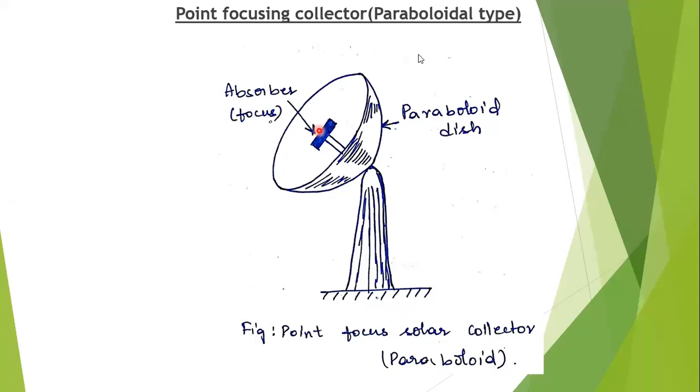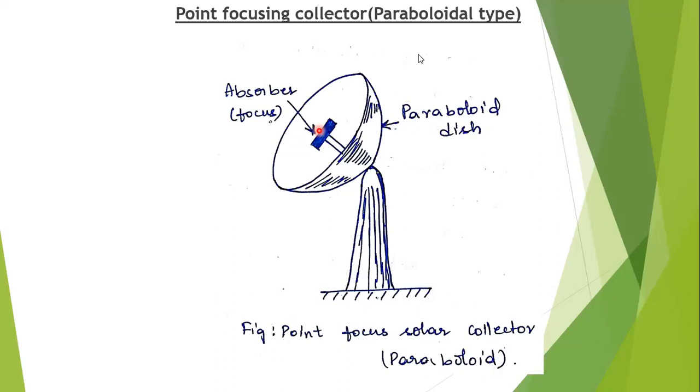The physical upper limit to the concentration ratios achievable with parabolas and paraboloids is determined by their F by D ratios. F by D ratio means focal length by diameter ratio, and these limits are about 10,000 and 100 respectively. For paraboloids it is 10,000, and for parabolic troughs it is 100. Okay, the F by D ratios are 10,000 and 1000 respectively.